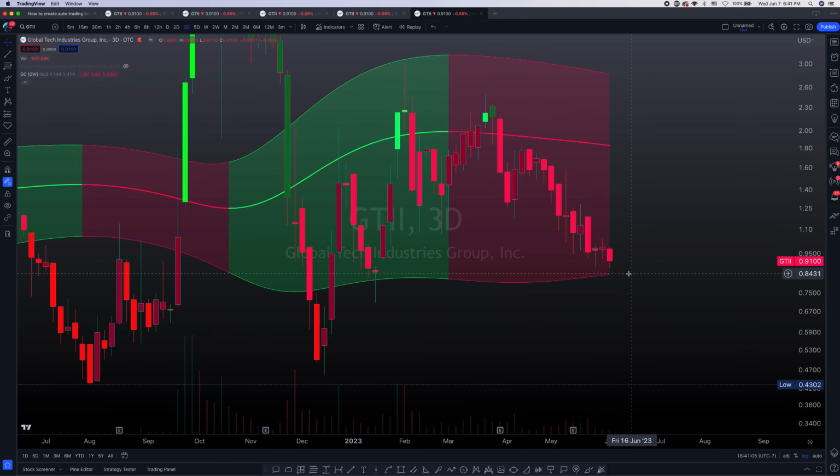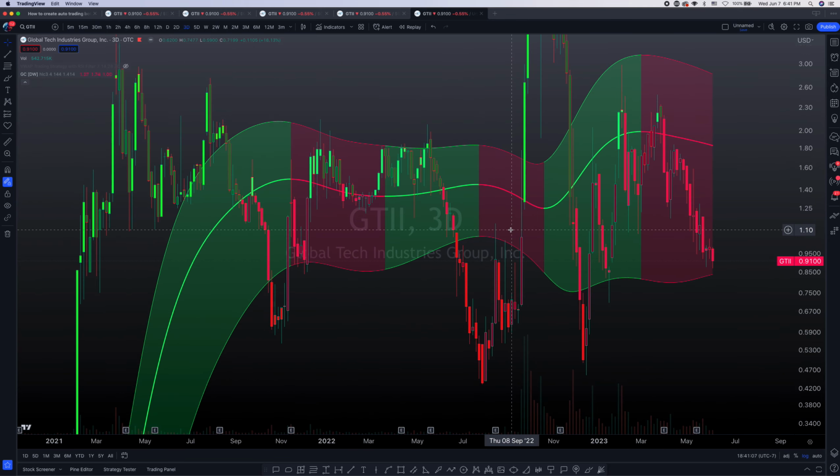Usually when we're within the Gaussian channel, there is a natural ebb and flow. Like right here, we came all the way to the top side. We got resisted from that mean band, just like we did right up in here. We got the resistance from the mean band, but price came all the way back down and started validating the support of the bottom side of the Gaussian channel before a continuation to the upside. So it looks like we're doing that yet again. Okay, you guys.